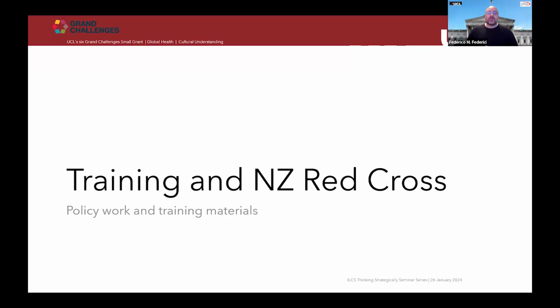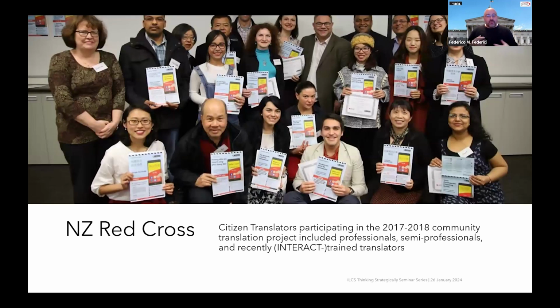And one of the supports that New Zealand Red Cross was providing at the time, this was 2017, then 2019 and 2020, was support with risk preparedness. So initially it was about translating a number of leaflets on how to have your house prepared to evacuate or respond to particular natural hazards, such as an earthquake or a tsunami. And that involved translating into 13 languages, some of which did not have any professional translator working commercially in New Zealand, some of which had to be translated with a specific dialect for the communities that